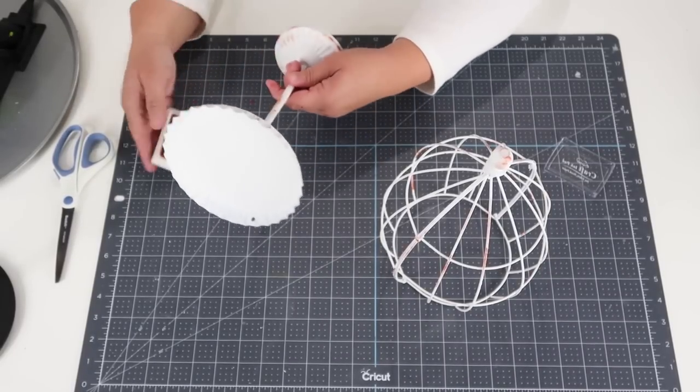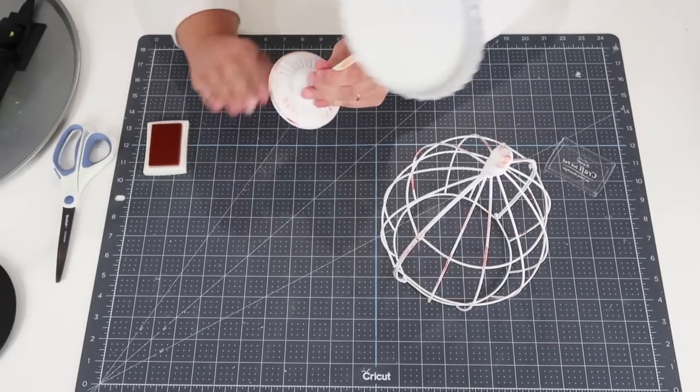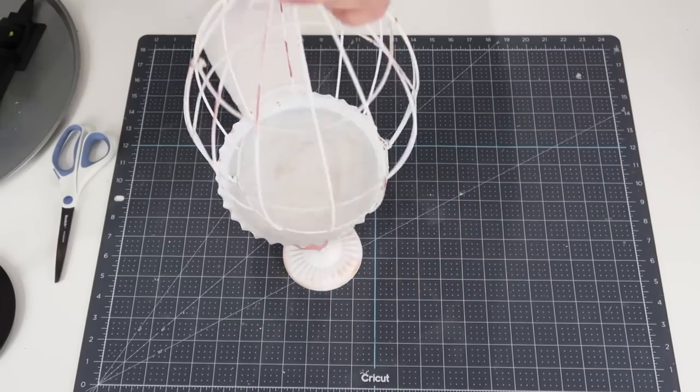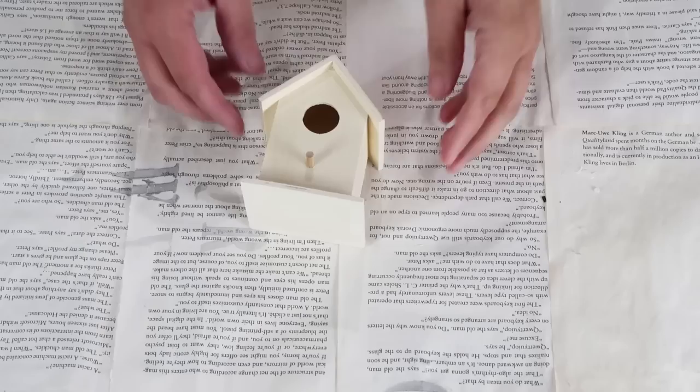Go ahead and tap it around and you can see that it's giving a beautiful rust look to it. You could skip this part if you want your project to look less distressed. Now that's the end of the first project and we're going to go on to this other part, which is